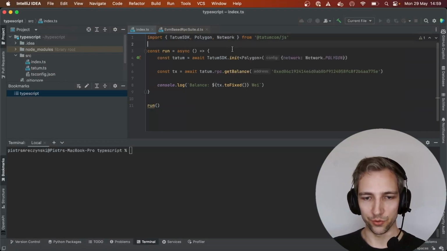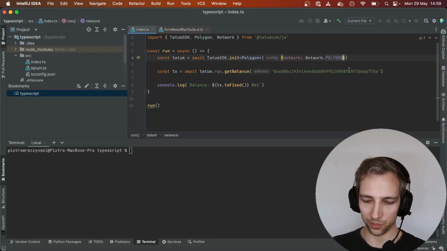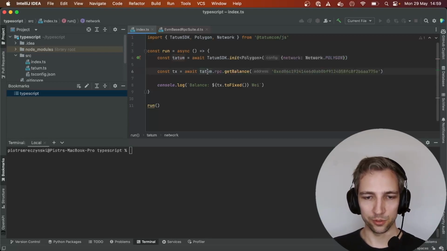First thing we need to do is to instantiate the SDK using the Polygon blockchain. And we also need to provide a network, which for our case will be Polygon, but we can also use Polygon Mumbai for testnet. Next, we will go through